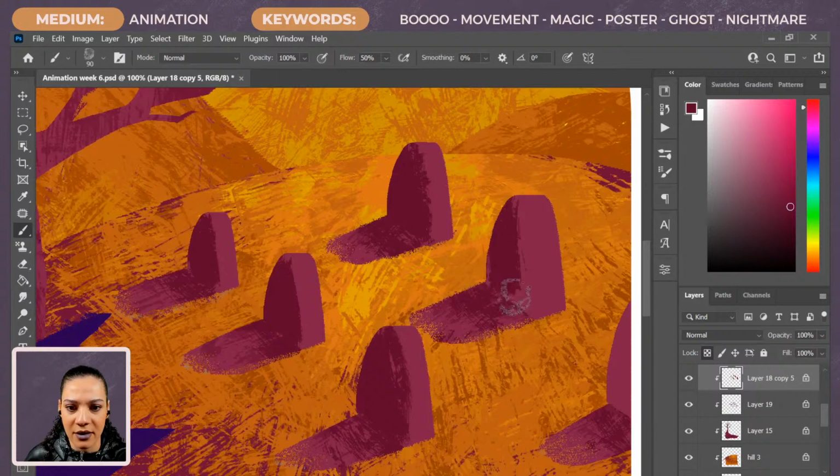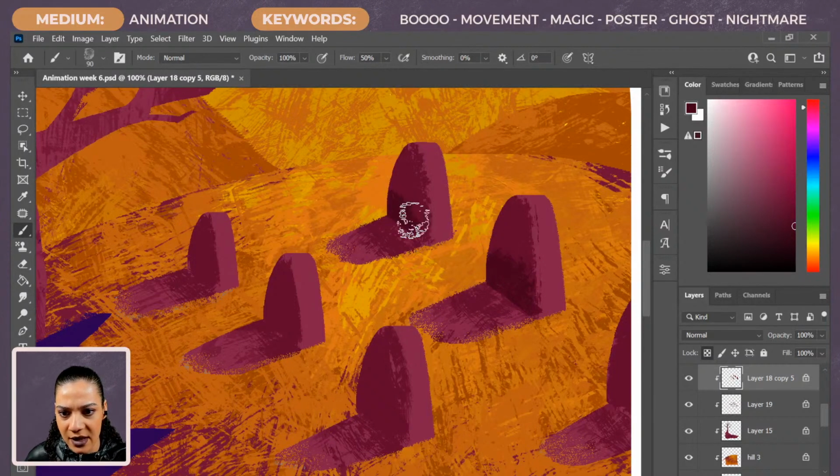Let's do that. There we go. I'm liking it. And we can even do a little bit darker right here, maybe even darker, just to really kind of pull that up into a 3D space, just to give it some serious definition.